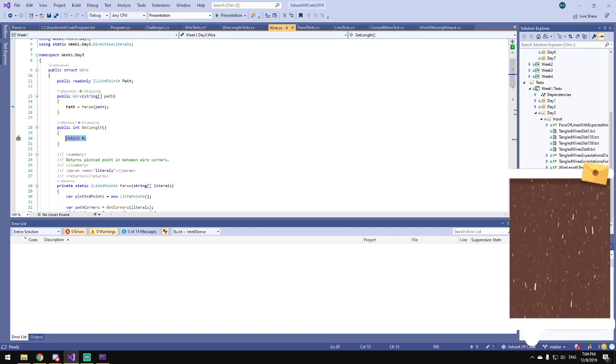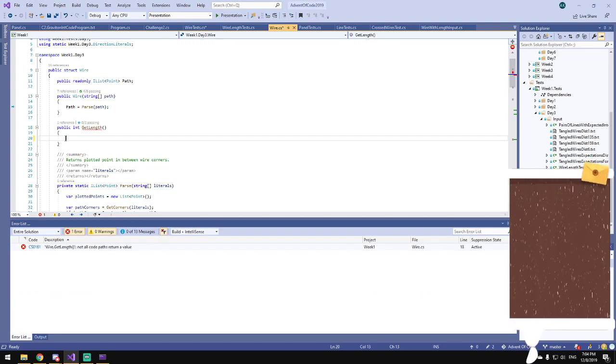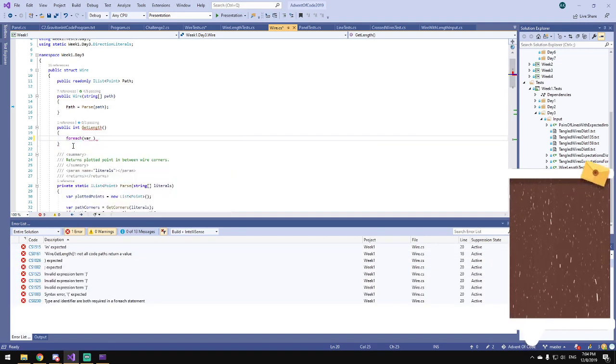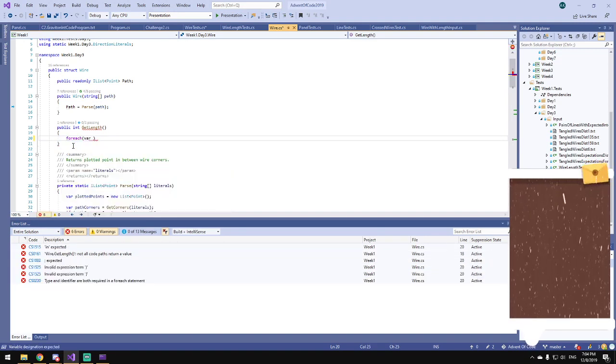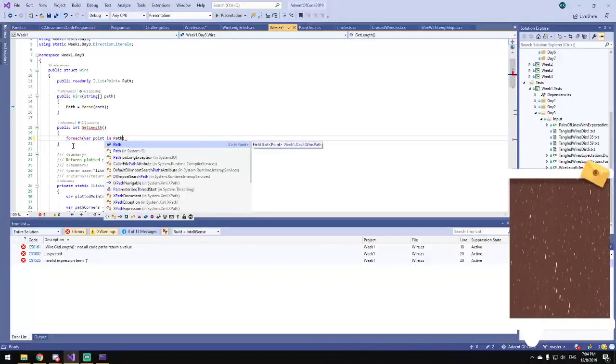So well, I start from the origin point, and I don't remember if I include the origin point in the path, probably not. For each var point in path,